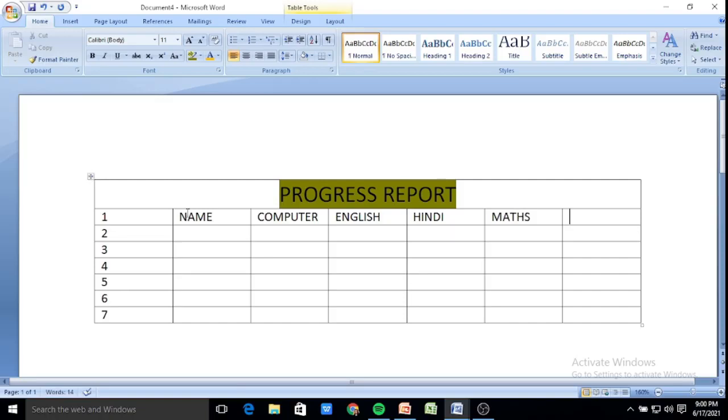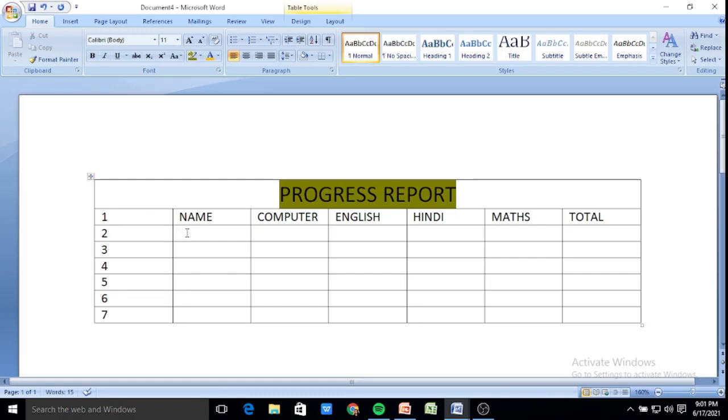Now press the tab key, come to the last cell. Here we will find out the total number of marks of every child. I'll write here simply total. Clear? Now come to the second column.